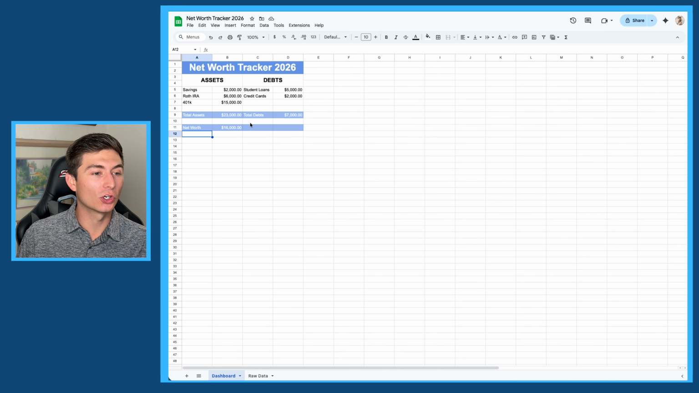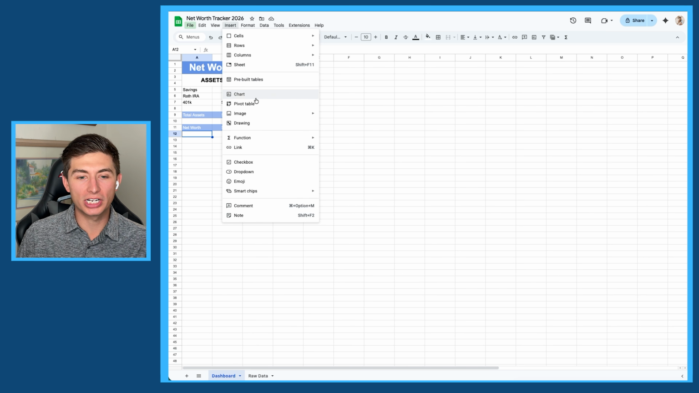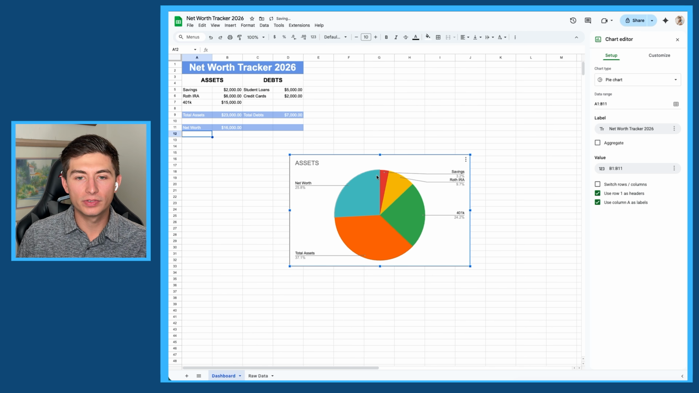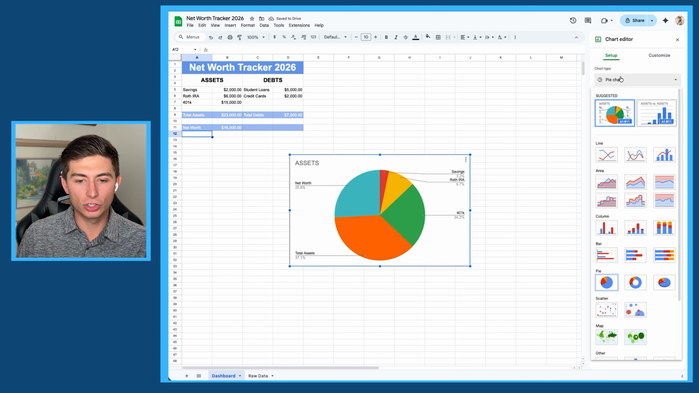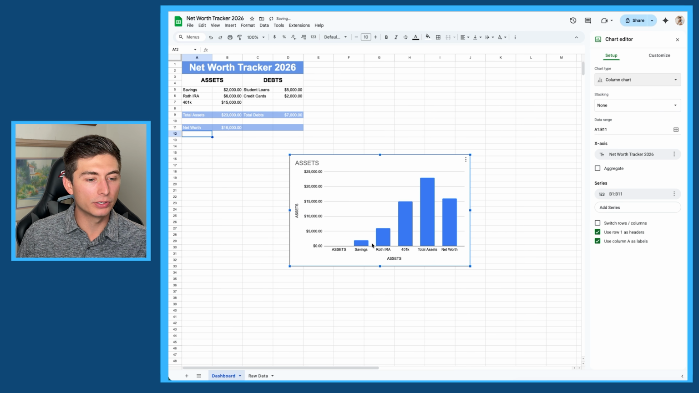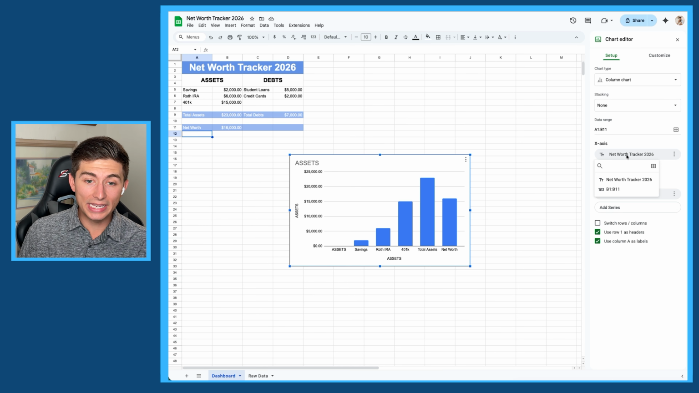What we're going to do is insert a chart. So I'm just going to come over here and click a chart. Mine brought up a pie chart. I'm going to go over here to columns. And now you see it's automatically going to put assets, savings, Roth IRA, 401k. That's pulling from the A column. But this is where we did something really important: the x-axis where it says net worth tracker. I'm going to click this little square because it says select data